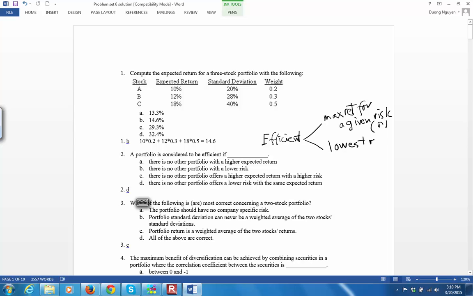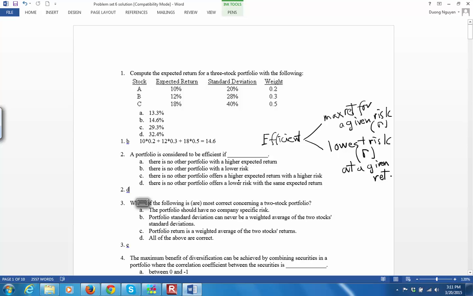Or the lowest risk, lowest risk meaning lowest standard deviation, at a given return. So if a portfolio gives investors the highest return at a given risk or given standard deviation, it is an efficient portfolio, or a portfolio that could give investors the lowest standard deviation or lowest risk at a given